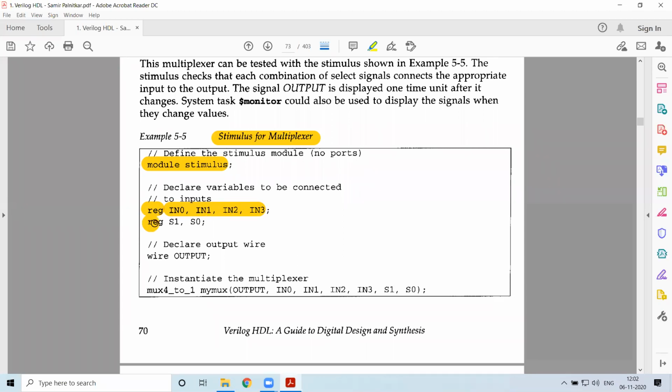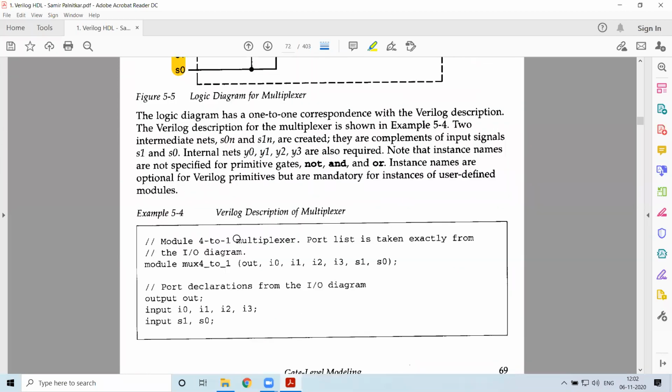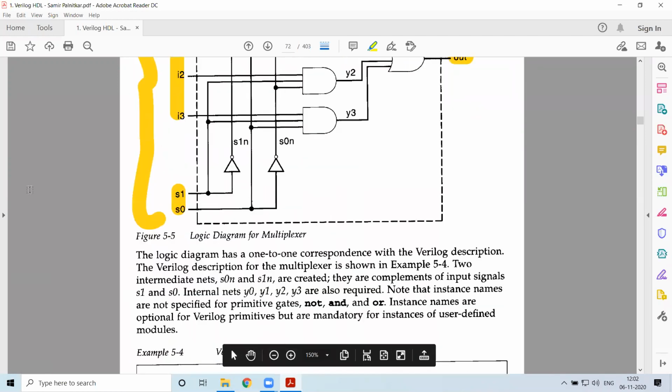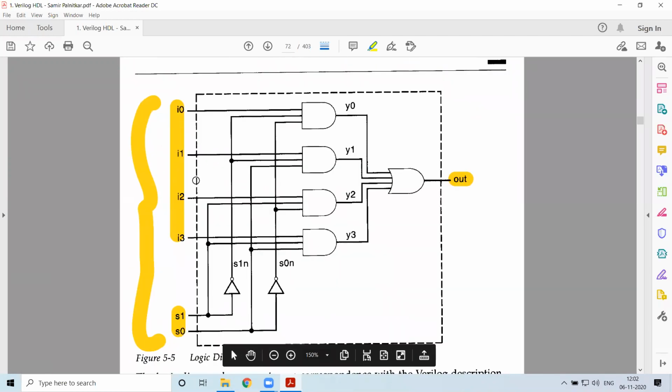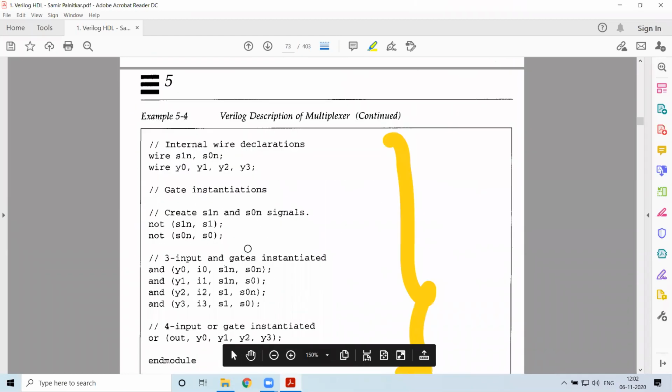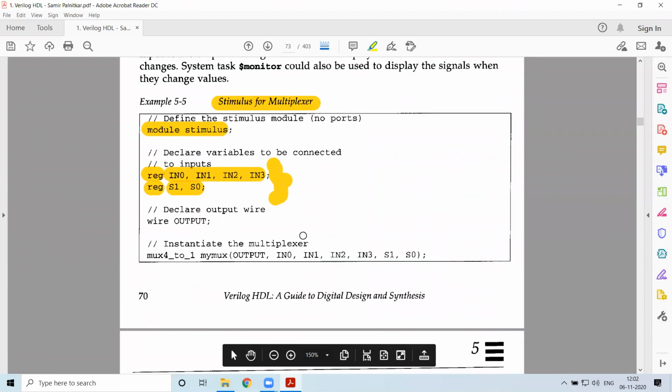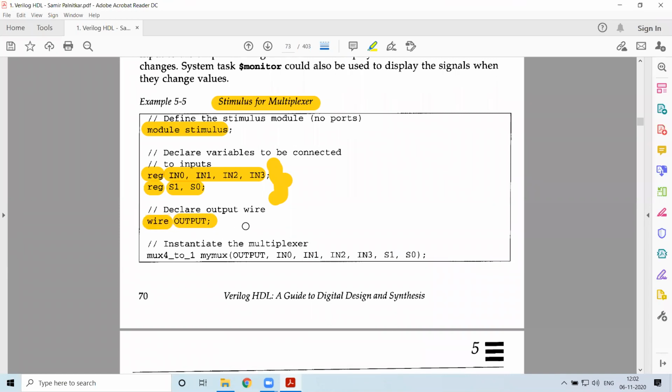Similarly, we provide S1 and S0. These are the signals which will be getting connected to these parameters. It is like you are changing the switch. So this is the switch which helps us to change that value. That is an analogy I can give. And output, we are defining it as wire.